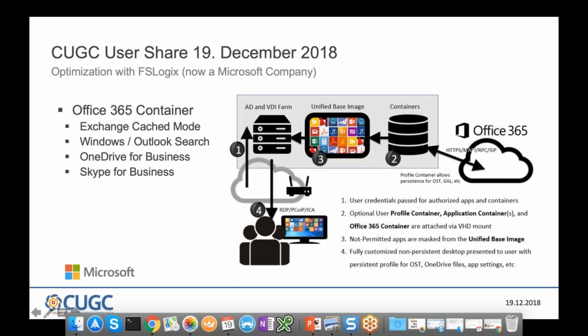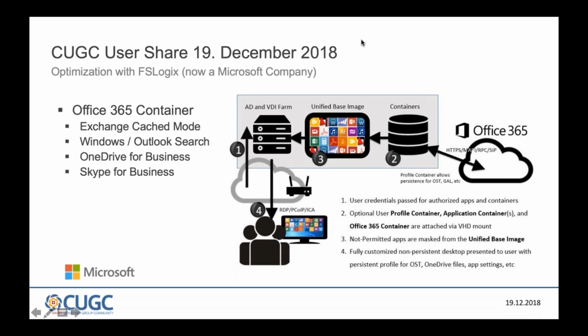But Citrix is building this as well with the latest releases of UPM in a similar way, redirecting the data in a VHD file and mounting this file on user logon. Another thing that FSLogix can do is roaming your Outlook search and Windows search as well. And for us as a school, it's interesting also for OneDrive for Business use cases. So if your users sync their OneDrive data down to the non-persistent VDI, the data goes in these Office 365 containers and comes back on a new